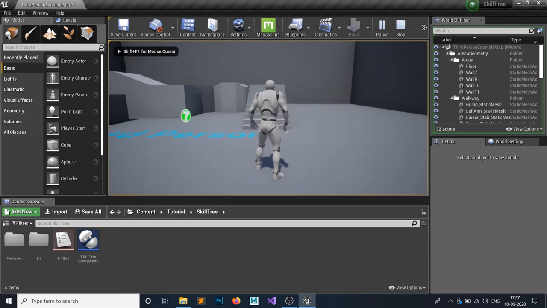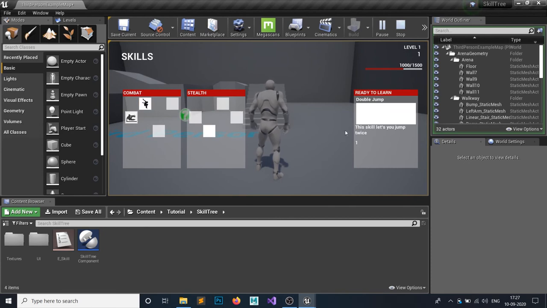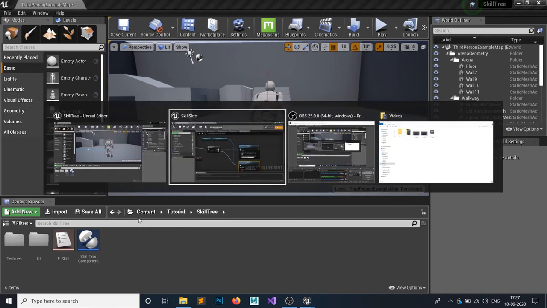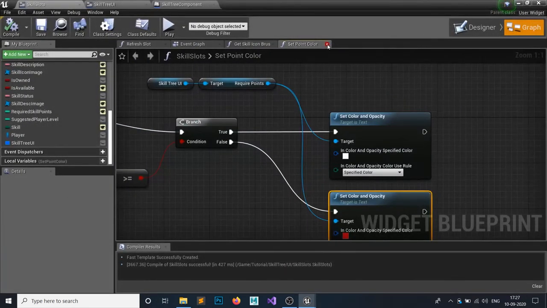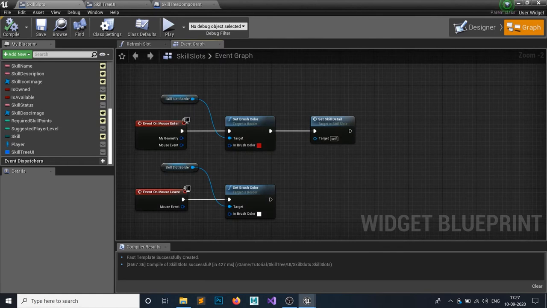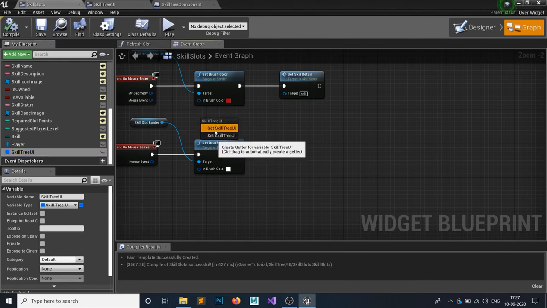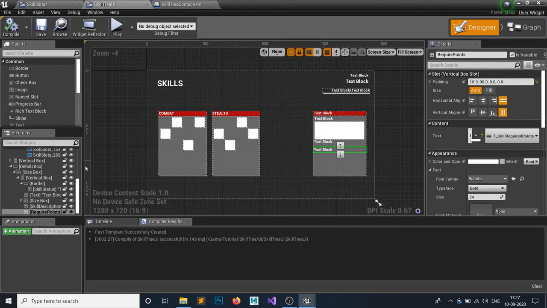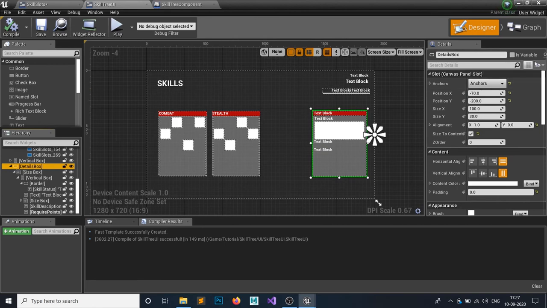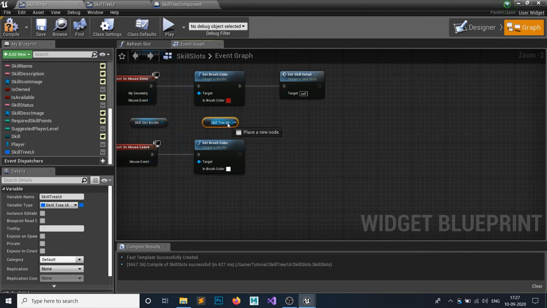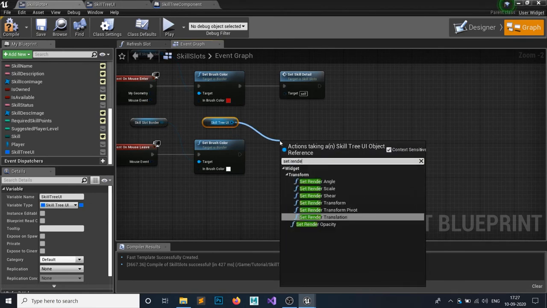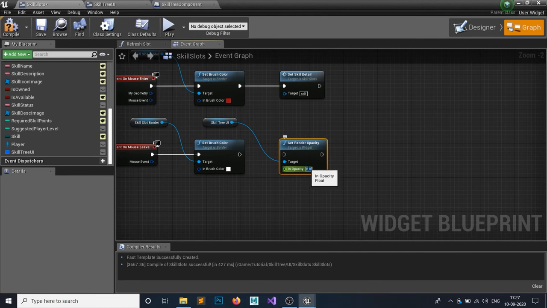and you can see this is already spawning, this is also spawning, so we don't need that. How are we going to fix that? It's not fixed, we just haven't coded that. So on the mouse leave, get your skill tree UI, and we don't want to make that mistake once again, so make sure this detail box is a variable. Yep, we don't make the same mistakes twice. And set render opacity to 0, because we are leaving our mouse.